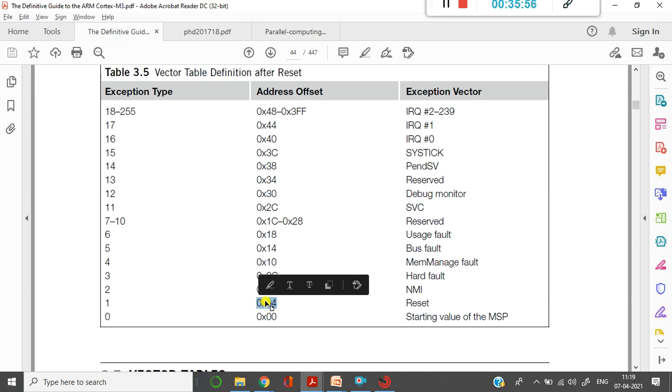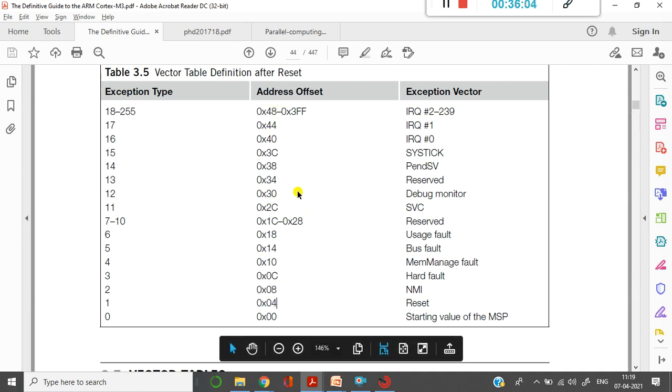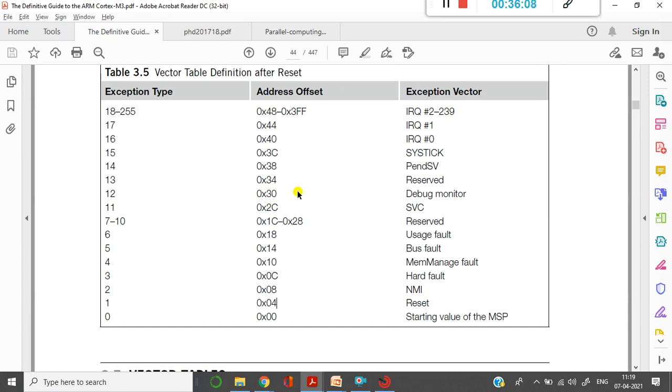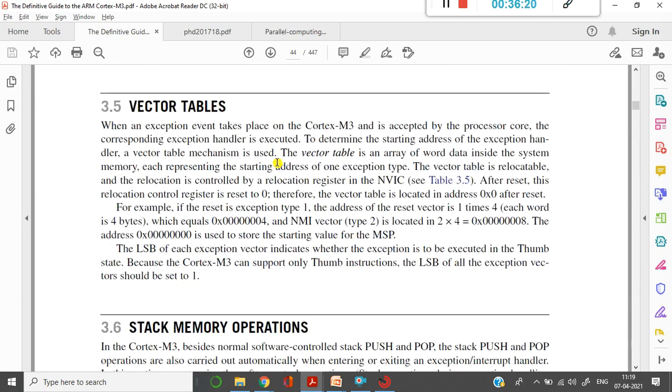The processor starts executing the equivalent instruction present at the corresponding address. That's it. That is the meaning of the vector table. Usually it stores all the interrupt addresses, so that particular table we call the interrupt vector table. Okay, so that's what vector tables are.